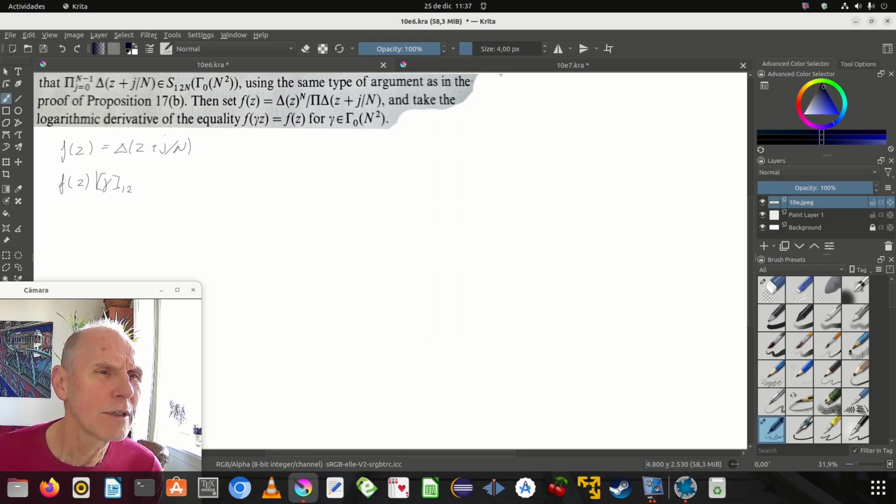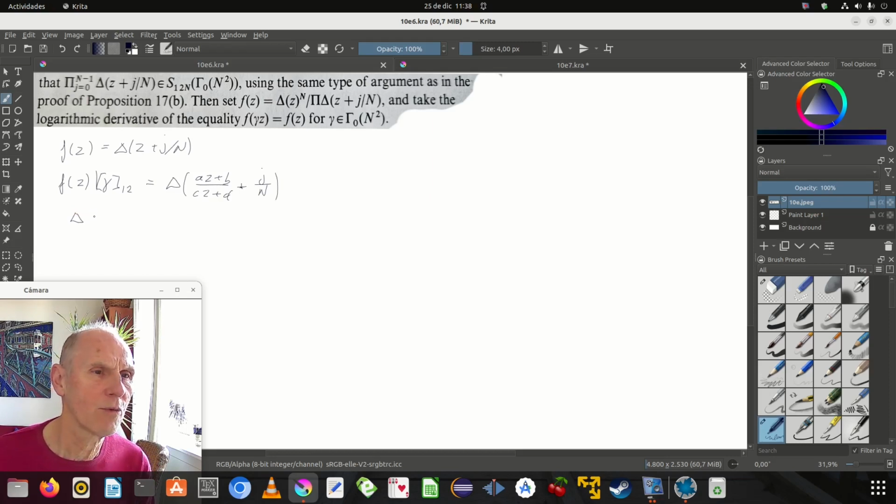And how is it with this transformation? So it's delta of (AZ plus B) divided by (CZ plus D). We have been through this. So we can see that first we transform Z, and afterwards, oh, it's a plus, we translate, and that means that it's delta,